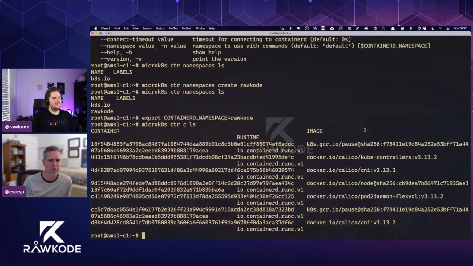I was about to say we shouldn't see anything because we've exported our namespace. Did I mess up the export? It looks right, CONTAINERD_NAMESPACE. So let's try, just bring back the ls command and preface it with -n before the c. Just do -n Rawkode.